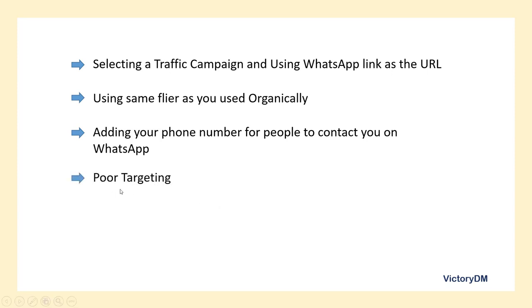So poor targeting, right? Where you don't take out time to target the exact audience that you need. Like when I was explaining one of the advantages of using paid ads over organic traffic, I was saying that in paid ads you can target the exact type of persons you need. For example, there was a lead generation campaign that I was running. I discovered that when I was targeting younger persons of 18 to 22 years, I was not really getting good results because they were mainly students and they don't have money to buy what I'm selling, right? So what I just did, I adjusted my targeting and I started getting more conversion. And that's the beauty about paid ads.